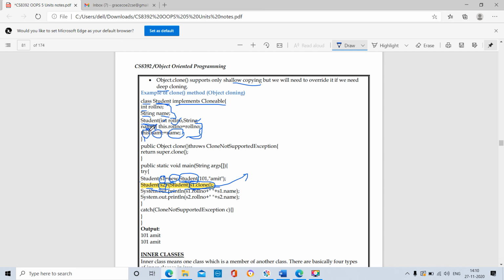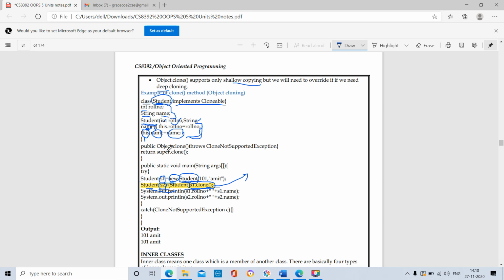This is object dot variable, just as when calling a method we use object dot method name. The value will be assigned to the particular object's name inside the Student class.